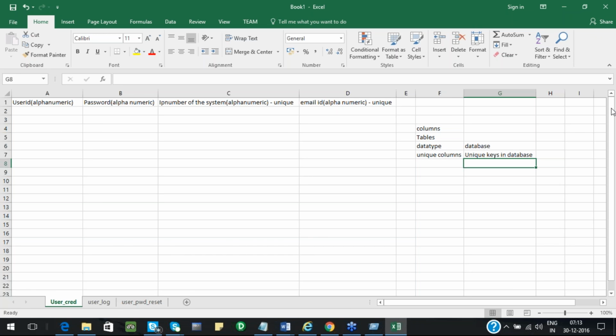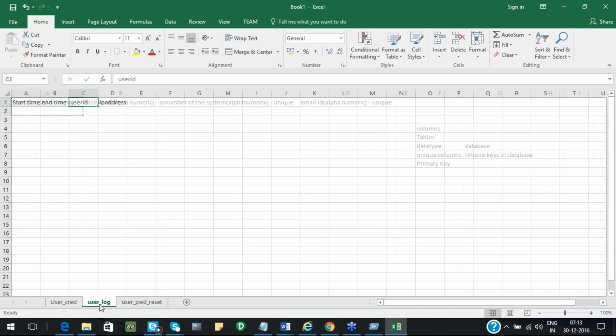So there's something which uniquely defines the unique key, and that's called the primary key. For this table, what should be the primary column? User ID, right? For this table, you got user ID as the primary column.